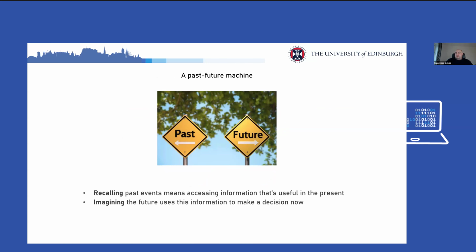So in this sense, the hippocampus can be regarded as a brain area that has the ability of bridging past and future. We recall past events and access the information to make it useful about the present, and it can also be used to imagine the future and different possibilities.